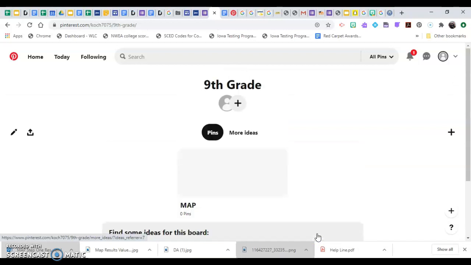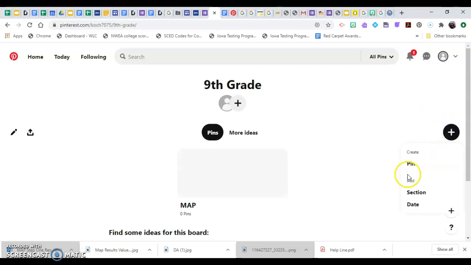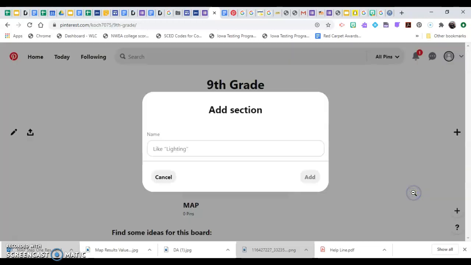Okay. So what I'm going to do is I am going to come over to this plus sign here and, excuse me, I'm going to left click on the plus sign and I am going to create a section. This section is going to be called Career Exploration. This is where I'm going to put my map results, additional reflections, and some future assignments that I'm going to